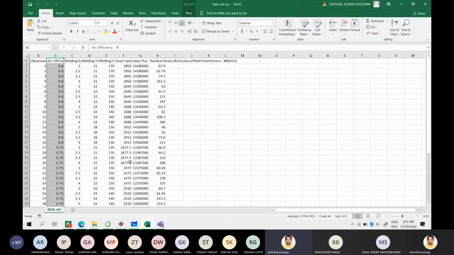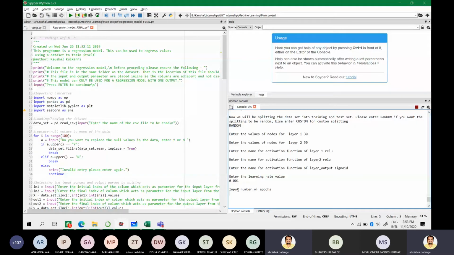Okay, no worries. So now you can see, this is very interesting. You can see the number of epochs are increasing, right? And look at the loss, it is decreasing. The loss has gone below 100. It is decreasing, it is decreasing. The loss is decreasing. This is very interesting.